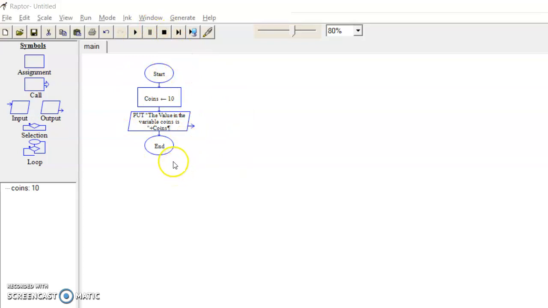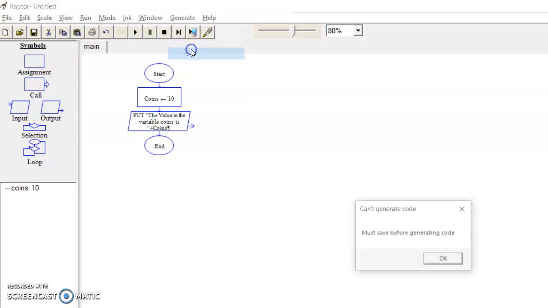Now I want to generate the code for this flowchart. How to generate code for this flowchart? So in this there is a button called generate. I want to generate C++ code for this flowchart. So generate C++.